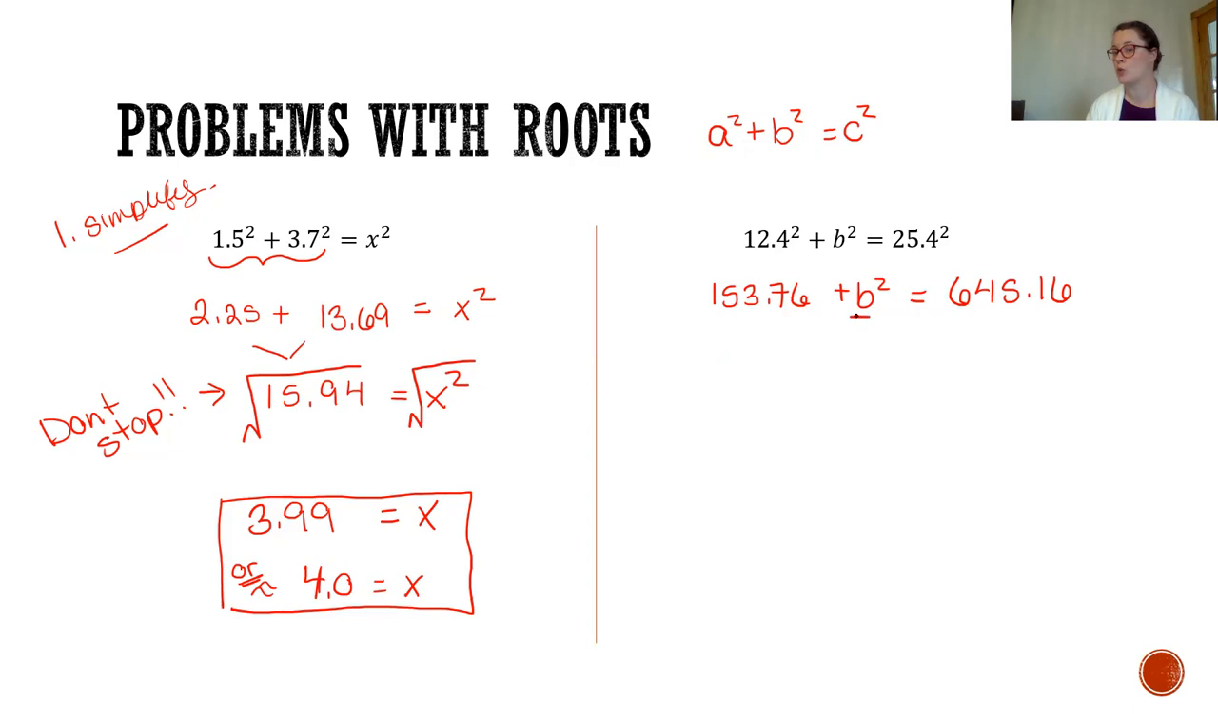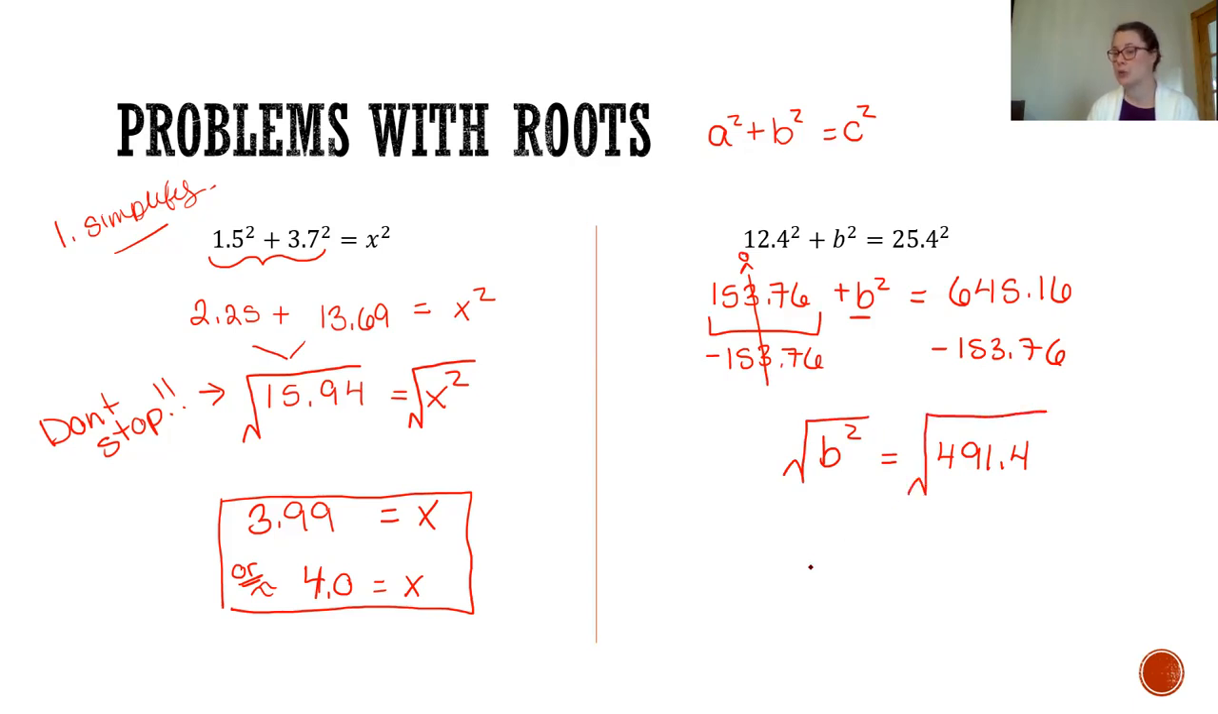Now we need to get b alone. We're still looking for b alone, so we need to move this component to the other side. This is a positive 153, so we need to subtract. We've subtracted it from both sides. That's going to make this go to a 0. Now we're left with b squared is equal to, we can solve these two, 491.4. Again, don't stop. We're at b squared, we're not at b. Make sure you take your final square root. So we'll take the square root of both sides, and we find that b is equal to